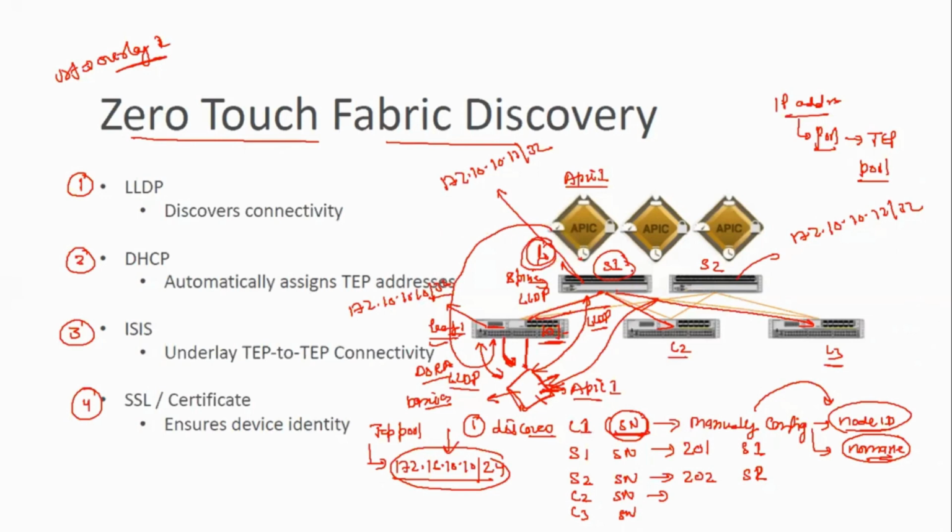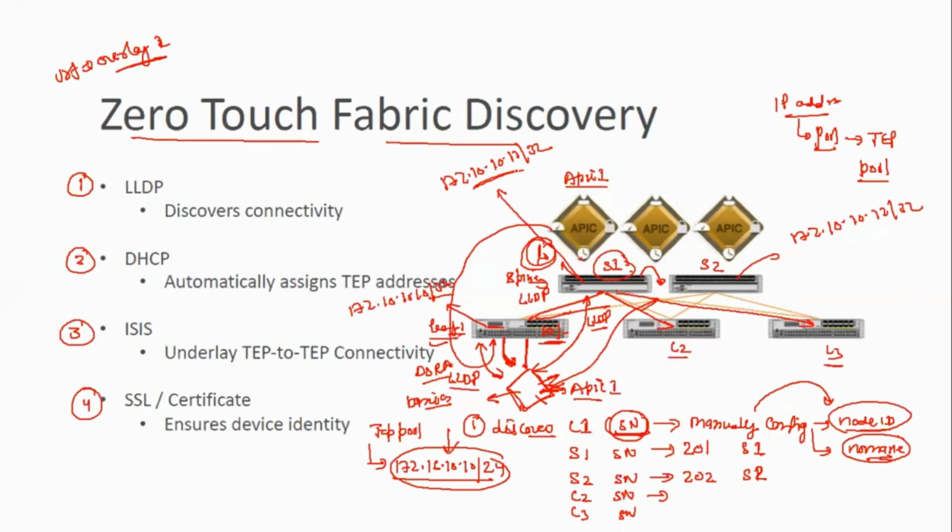If S1 is sending traffic, the source IP will be the TEP IP address of S1. And which next hop? Let's say S1 has to send traffic to L2. There is a physical port. See, leave that for now. Once I come to the traffic flow, I will explain that. But for now, just remember that for every communication, the TEP IP address will be used between leaf and spine. Nothing else. Okay.